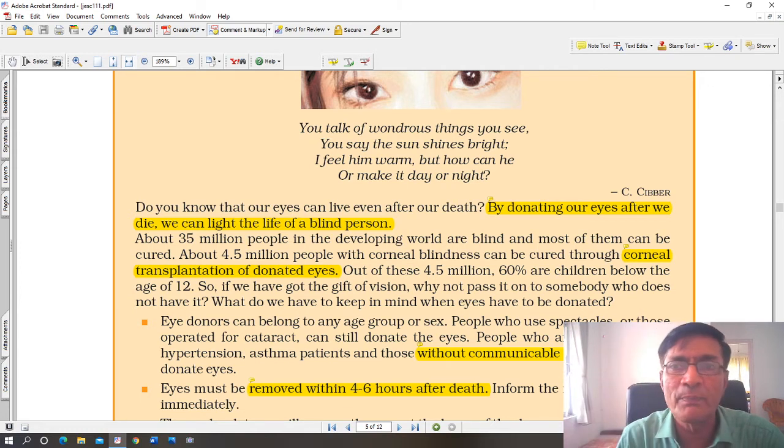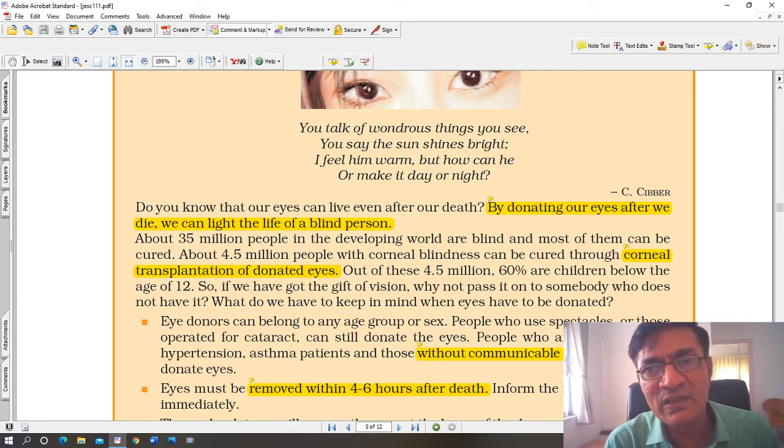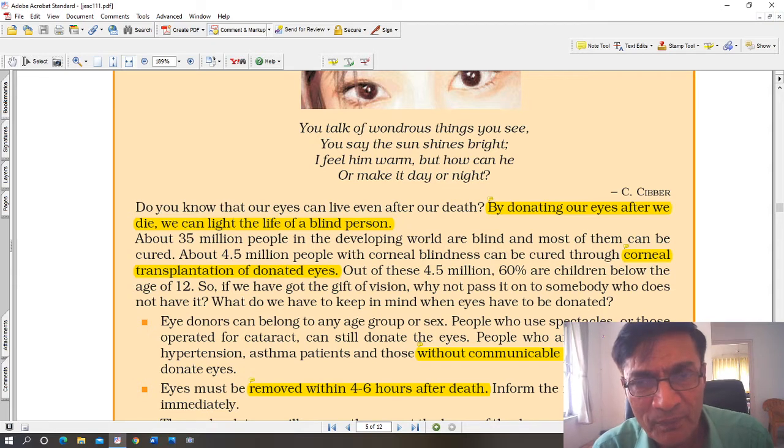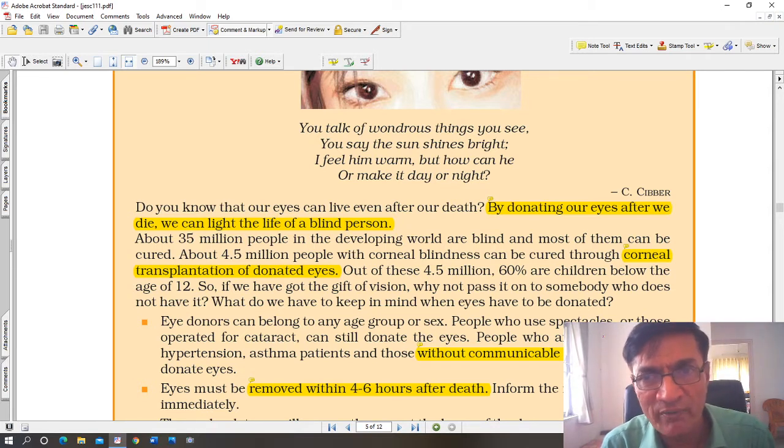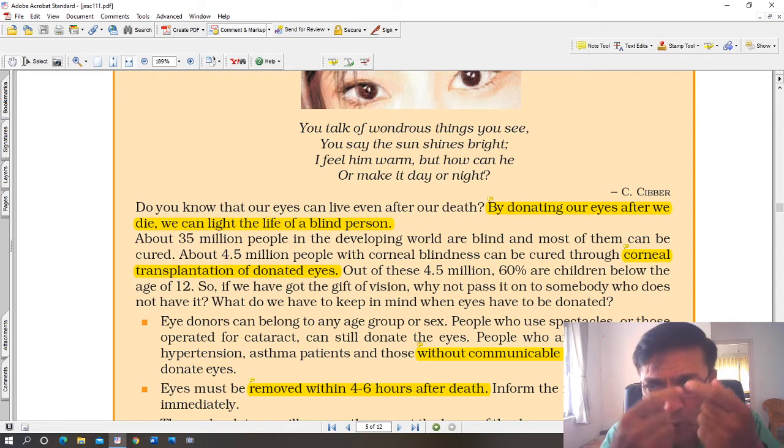Now, to give them a new set of eyes, the upper part, the cornea, is cut out. What happens is, when a person dies and his family has agreed to donate the eyes, they immediately inform the eye bank. The doctors are informed. The doctors come quickly, and it takes only a few minutes for the doctor to remove the cornea, the white part and the black part. After that the cornea is stored in special solutions so that it does not become bad. After all, it is a living tissue.